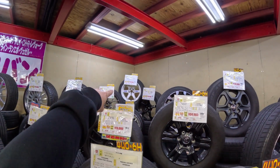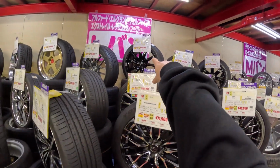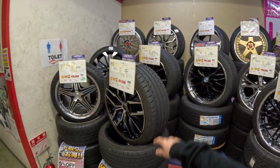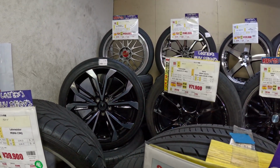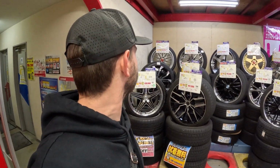Some OG white looking T37s, $2,900, 17 inch. Got some raised wheels, R35 GTR wheels. Got some crayons, I just spotted in there as well. BBS LMs, 28.5 43 and 29.5 45 in 5x114.3 for $4,600 Australian. That's crazy. I don't think the offset would be right for a GDR or anything, so I don't know what other big Nissan you'd put them on, but